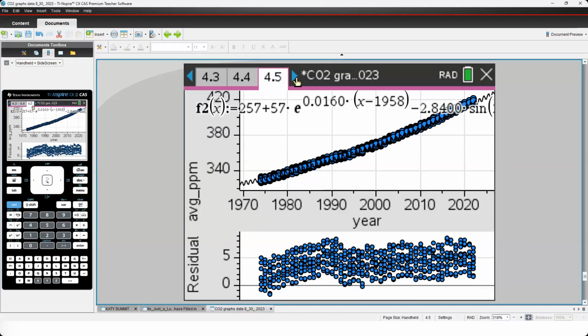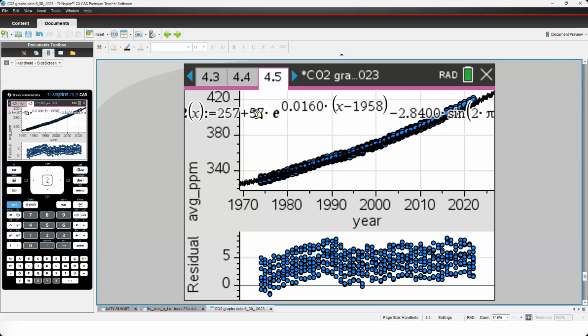All right, so here you guys is the model they used. And I think this model is pretty interesting. Notice that it's an exponential model in e. I love it when e actually gets used someplace and my kids know that it's a number, not just some strange number in a book, like they think it's a variable. They don't think it's a constant. But it's e to this power, and the power started in 1958, when they started collecting the data. So that's your initial year.